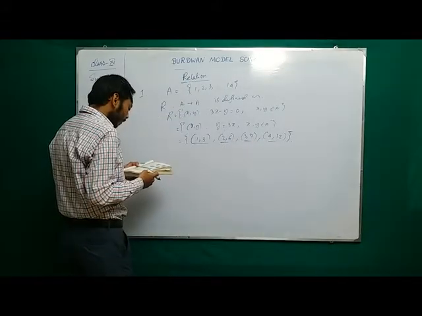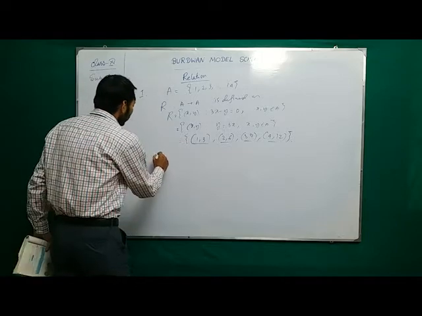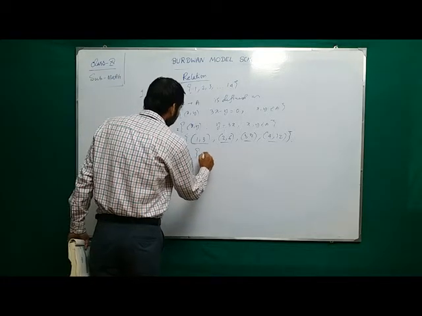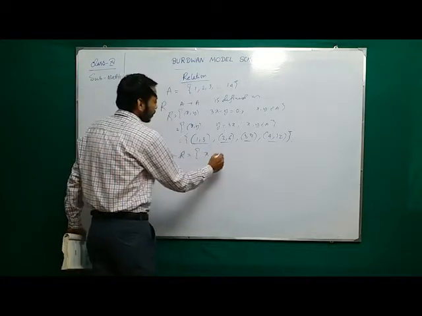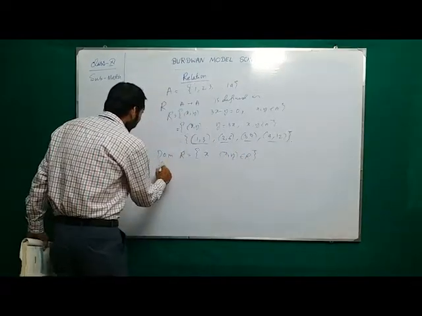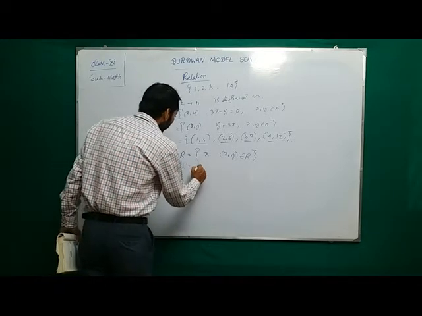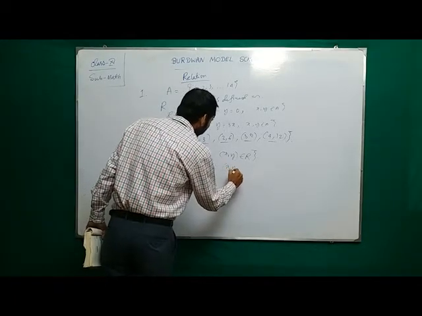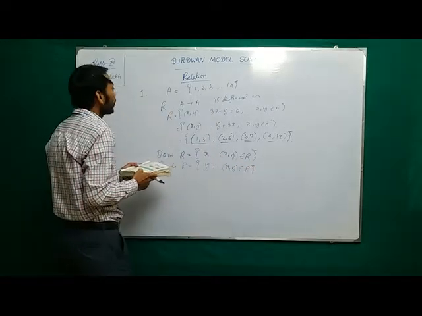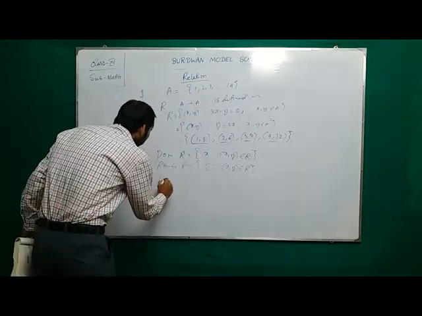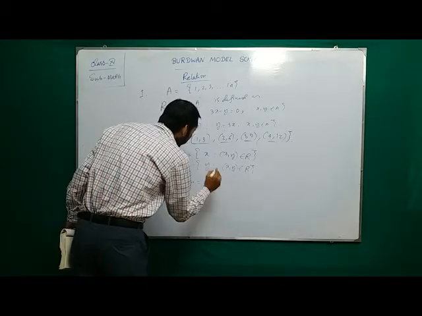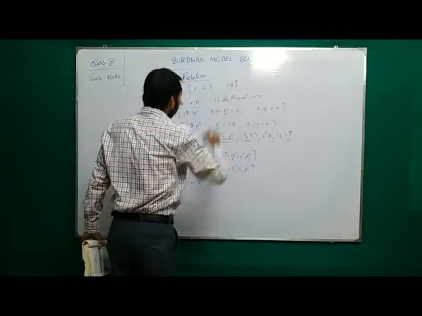Now we have to find the domain, codomain and range. First of all, what is the definition of domain R? Domain means only containing the first part such that the ordered pair belongs to the relation, and range means containing the second part such that the ordered pair belongs to the relation. And codomain is clearly capital A, that means the set 1 to 14.